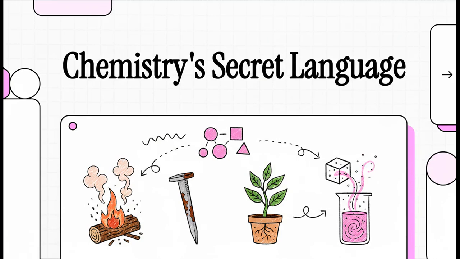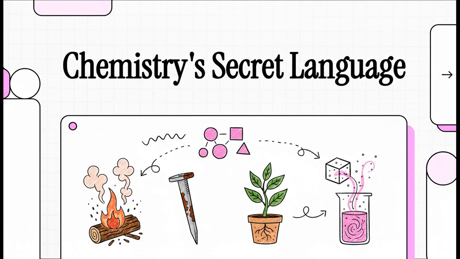All around us, every single second, the world is changing, right? Things burn, things rust, they grow, they dissolve. But you know what? It's not magic. These are all chemical reactions. And today, we're going to pull back the curtain and learn the secret language that chemists use to describe exactly